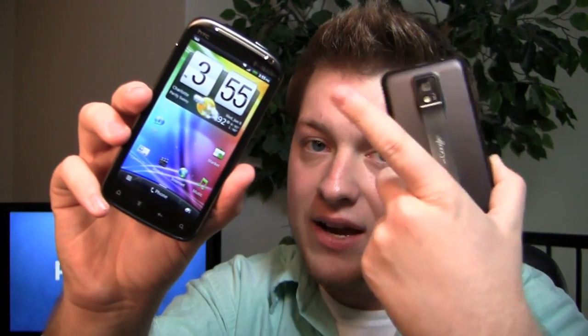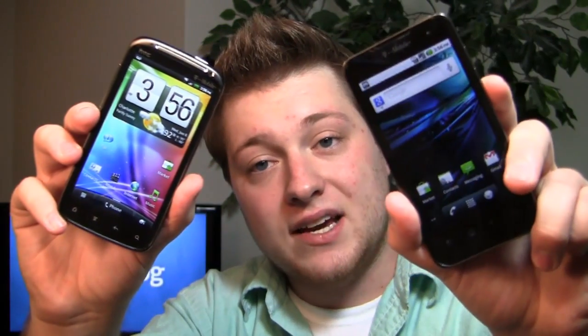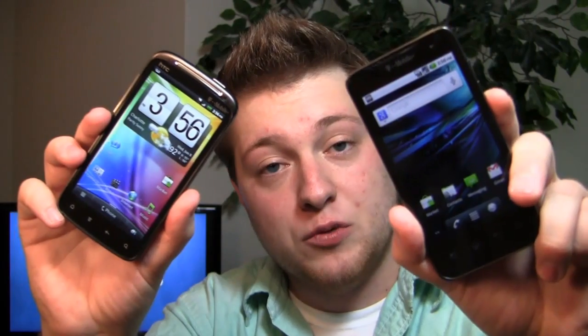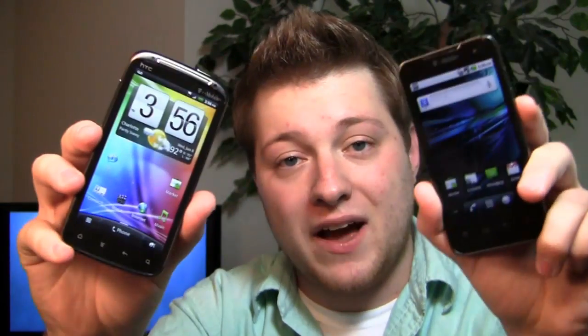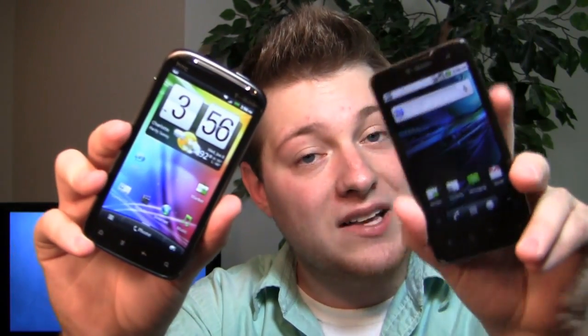This has Gingerbread and Sense 3.0. This has Android 2.2, but it's a stock build of Android 2.2, so it's much faster, at least theoretically, than some of these manufacturer-installed overlays like Sense, TouchWiz, and more. Which one's the best? Well, we'll find that out in the dogfight, but first, special thanks to our guys at